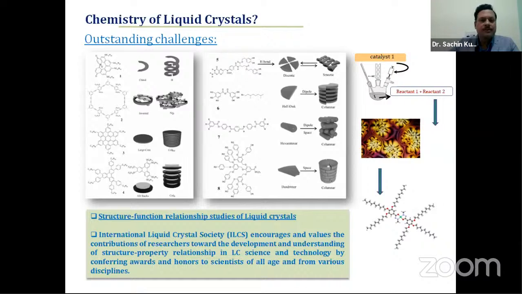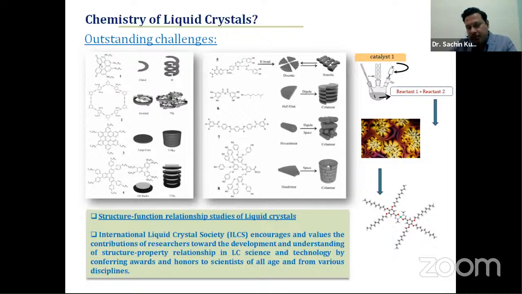You can see most liquid crystal materials are actually giant molecular structures. These are macromolecular systems, and supramolecular assembly is also involved, and therefore it is actually core chemistry. Convergent and divergent synthetic protocols are involved here, and purity is also very important in liquid crystal materials. So if we see the synthetic prospects, it is very hardcore chemistry and methodology. After designing and synthesizing the materials, we provide them to physicists and material scientists for further studies so that they may go for device fabrication.